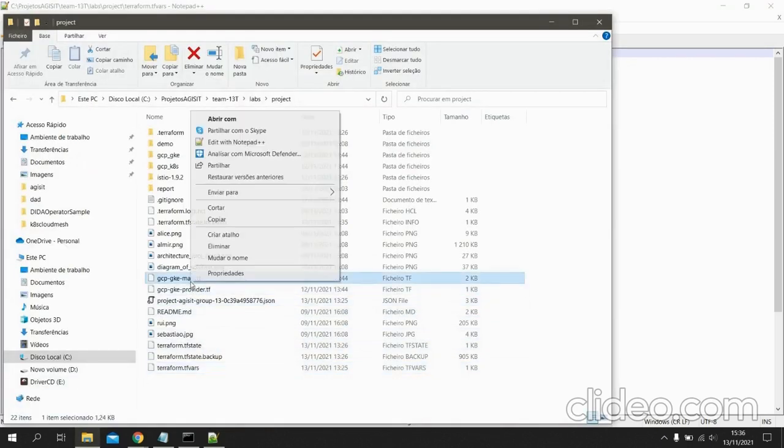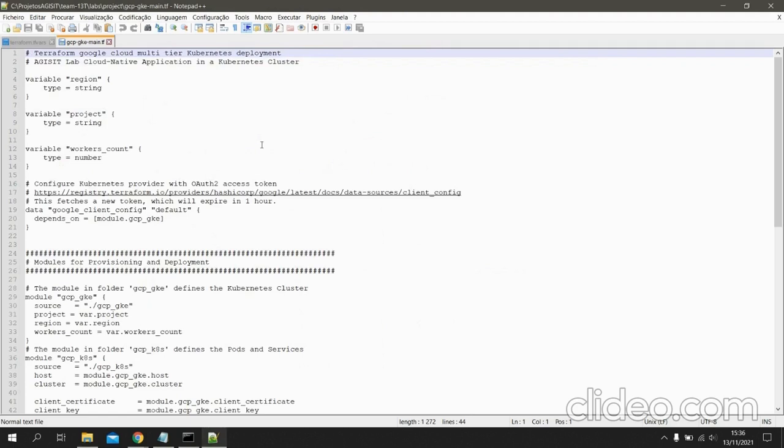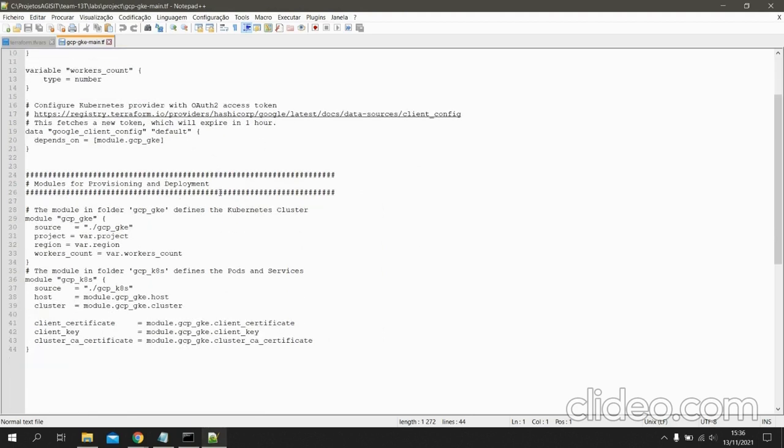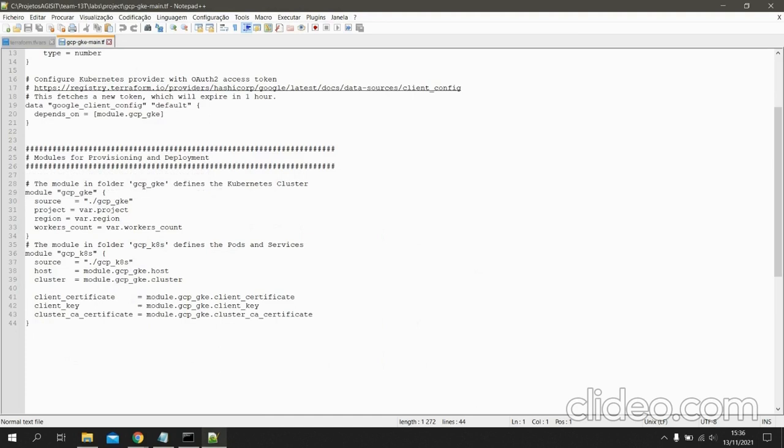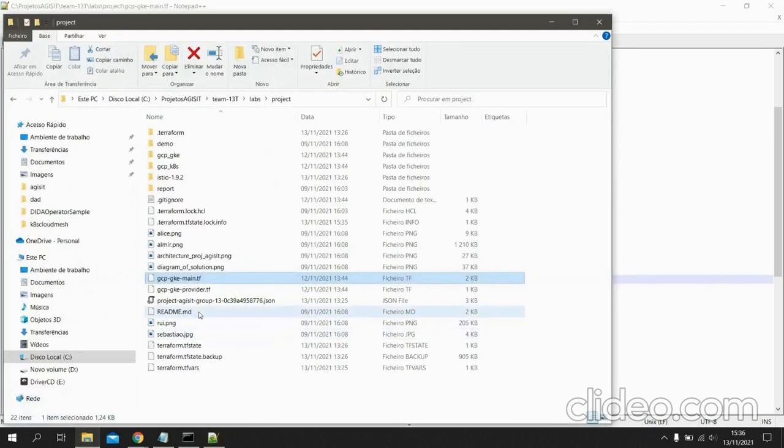Now, for example, in this one we define the modules for provisioning and deployment. In this case, this one and this one. These modules are in separate folders that I will show in a bit.